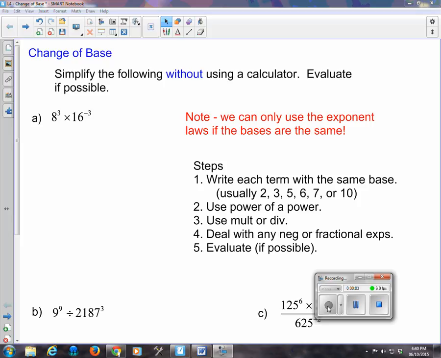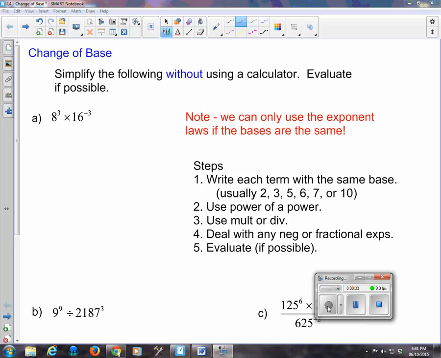Alrighty, welcome back. Today we're going to take a look at change of base with exponents to set ourselves up for some problem solving. So a couple of key things going on here on the screen. Got my examples, but our idea here is to figure out these questions without having to use a calculator. The only way we can do that is if we use some exponent laws to make it a little bit